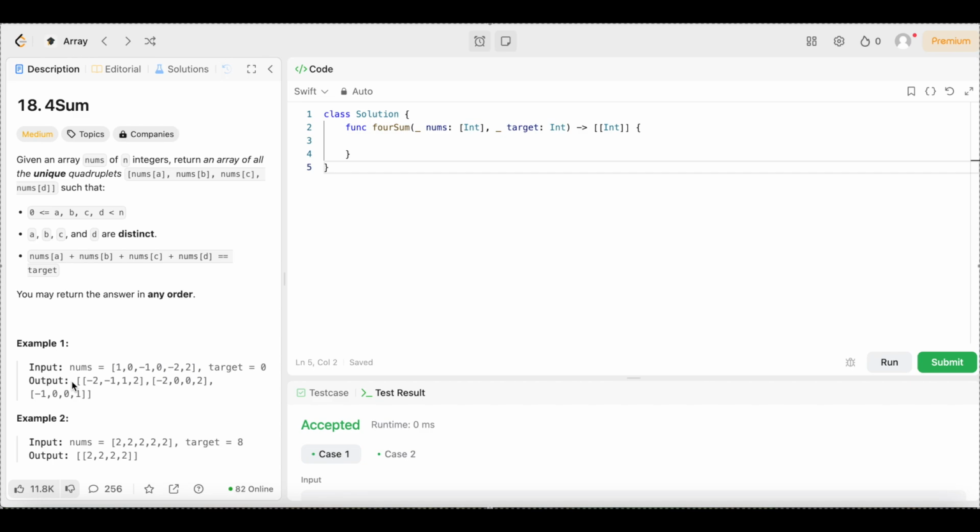So in the output, they give us a 2D array which stores the arrays of combinations. That first array is -2, -1, 1, and 2, because when you add -2 plus -1, that gives you -3. Then you add 1 to that, that gives you -2 again. Then you add that 2, and that gives you 0, which is the target. That's what we want. We want to reach 0. Then same thing with this array. We start with -2, we add 0 to that, we're still at -2. We add 0 to that, we're still at -2, and we add 2 to that,